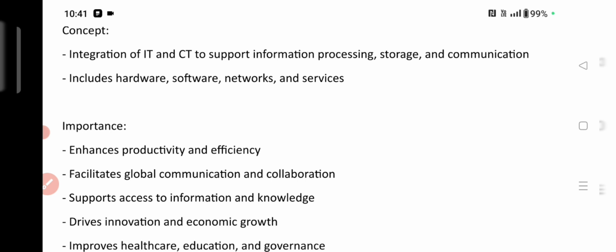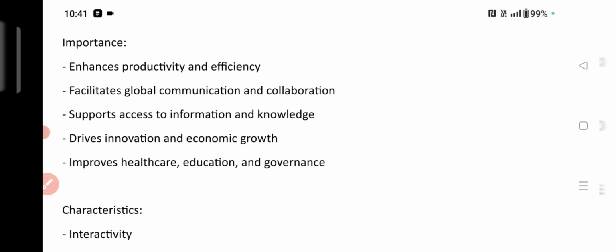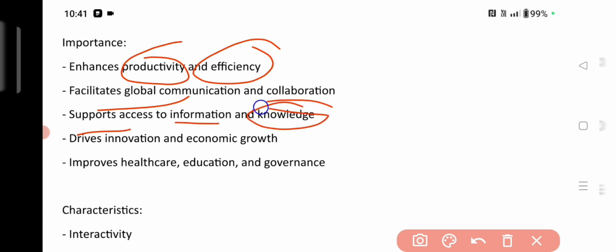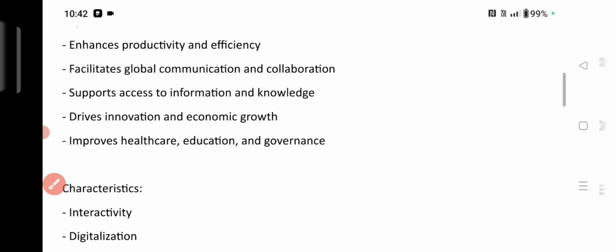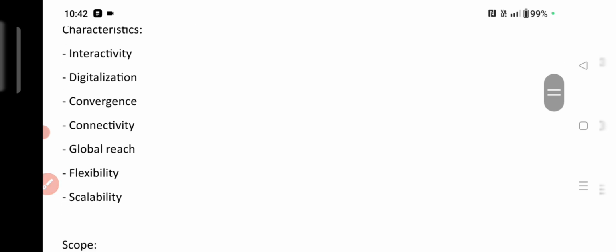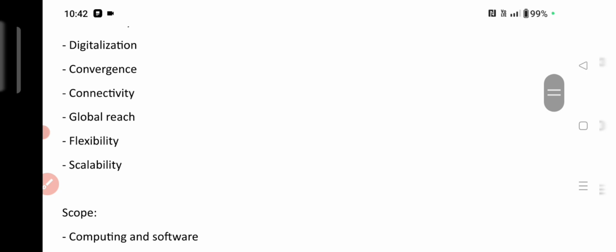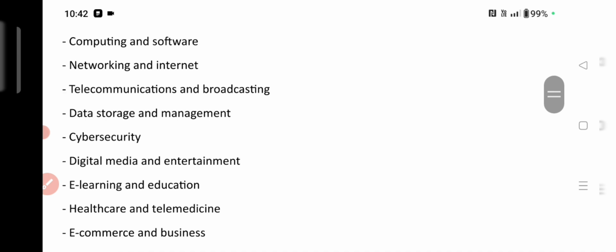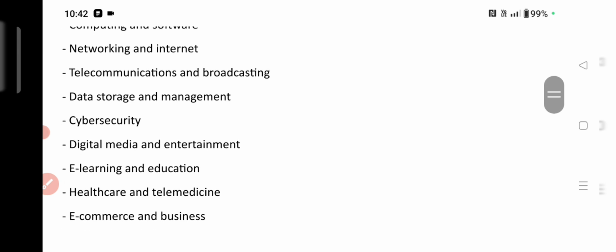software, networks and services. Coming to the importance: it enhances productivity and efficiency, facilitates global communication and collaboration, supports access to information and knowledge, and drives innovation and economic growth. It improves healthcare, education and governance. The characteristics of ICT are interactivity, digitalization, convergence and connectivity, global reach, and flexibility and scalability. The scope of ICT is computing and software, networking and the internet, telecommunications and broadcasting, data storage